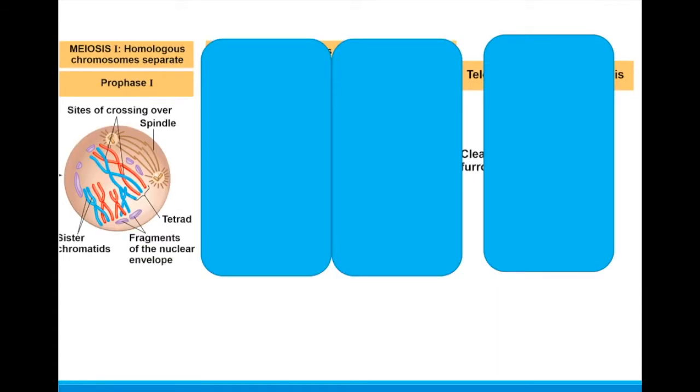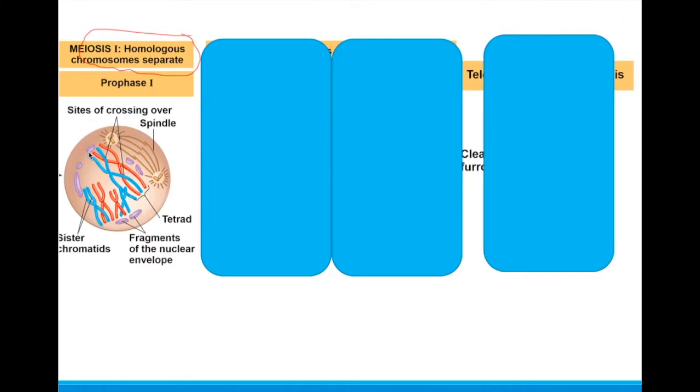So let's go through the phases of meiosis. Meiosis is split into 4 phases: prophase, metaphase, anaphase, and telophase. And we just use the Roman numeral 1 or the Roman numeral 2. So meiosis 1 is dominated by homologous chromosomes. The key characteristic of meiosis 1 is that the homologous chromosomes are what are moving around and separating. So in prophase 1,